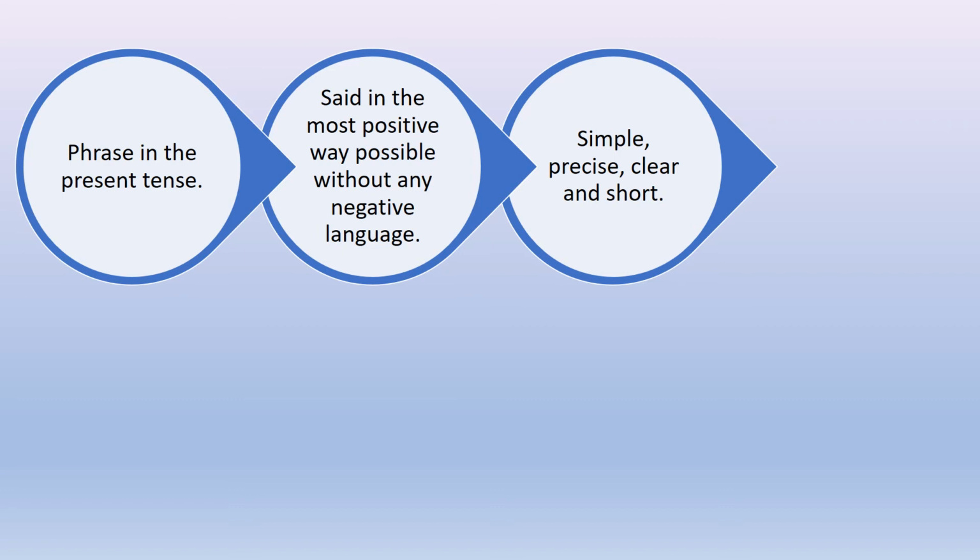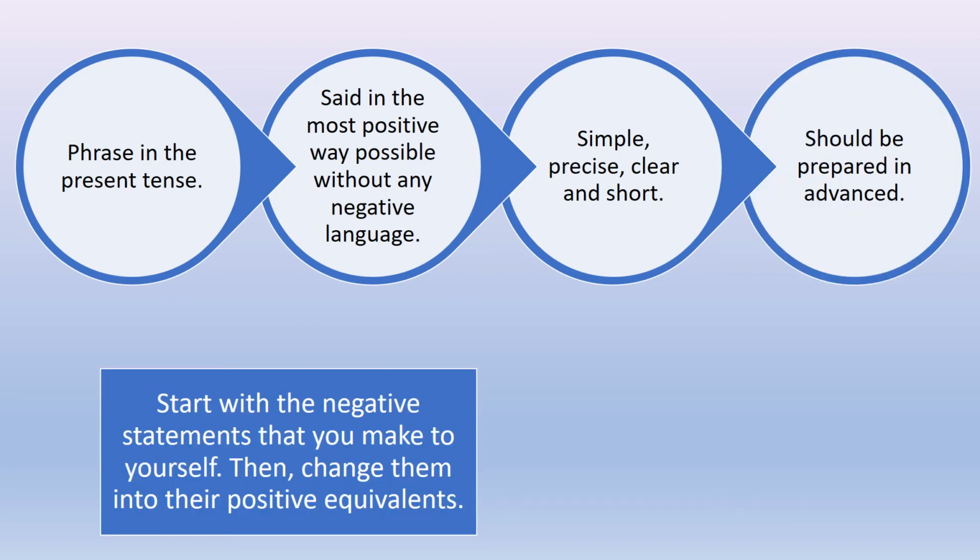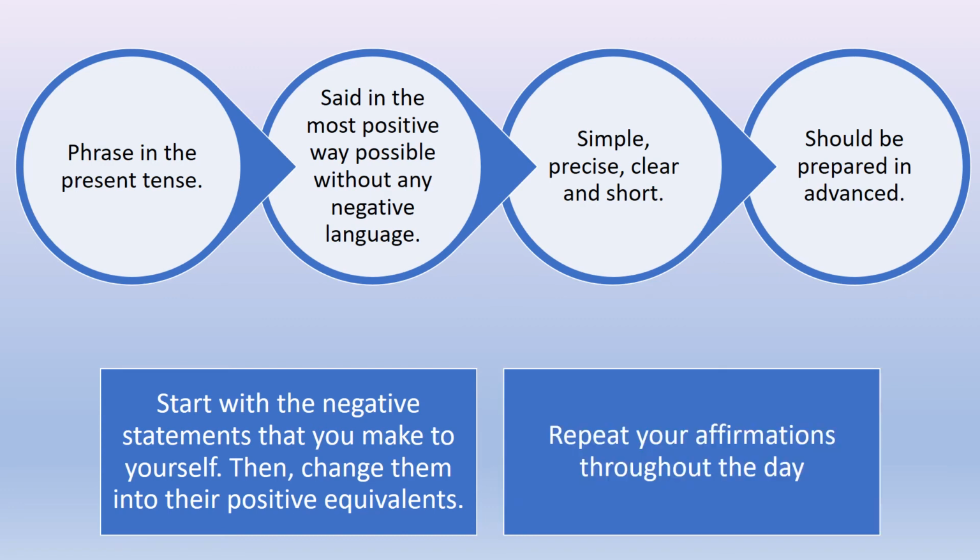And finally, they should be prepared in advance so they are personal and meaningful to you, and focused on the negative ways in which you often think. For example, instead of "I don't know what to do," repeat "I am strong, I can cope." Repeat these throughout the day or make a tape recording so you can listen to them periodically. Do this even if you feel awkward or feel as though you do not believe them at first. And also, make them easy access. For example, write them down on your phone or by keeping cue cards handy.